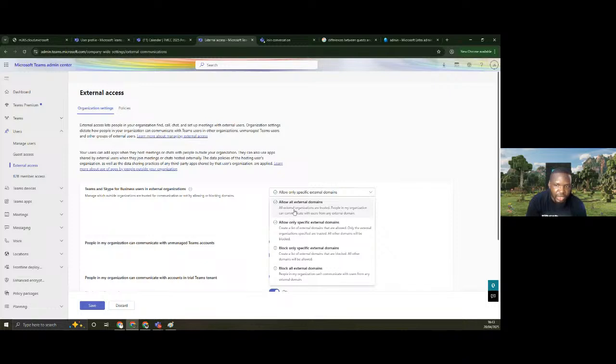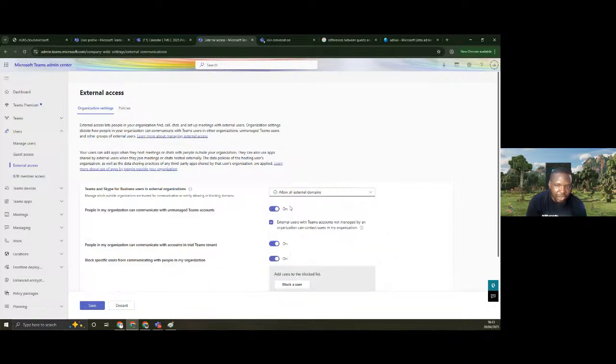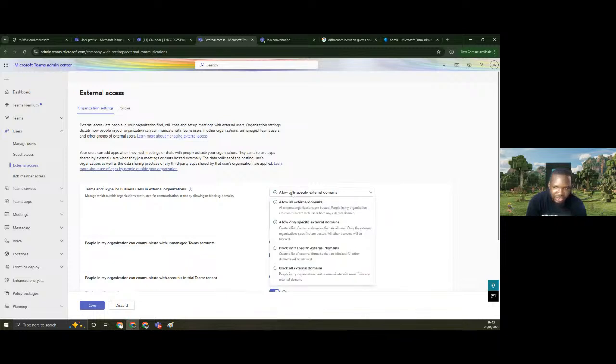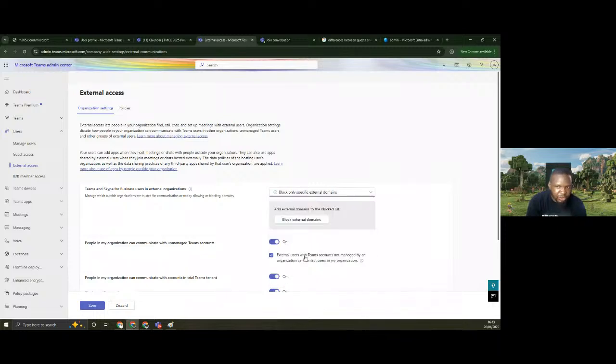So if you come here and you see that you are on allow all organizations, and your third-party organization also cannot reach you, you should let the IT admin check that they are not on allow specific domain where your domain is not on the list, or on block specific domain where your domain is on the list.